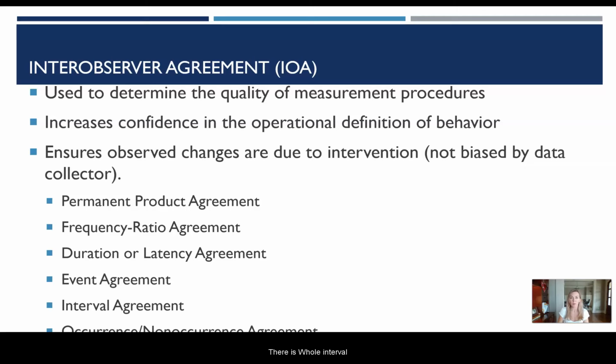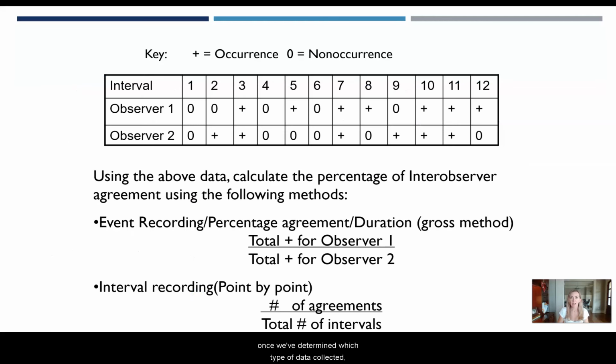Or whole interval, if it happened the entire interval, that would be when it was marked as an occurrence. So there are different types of interval recording. We've talked about the momentary time sampling more specifically, but there are the other two. So once we've determined which type of data we've collected, we'll know which type of reliability data we need to